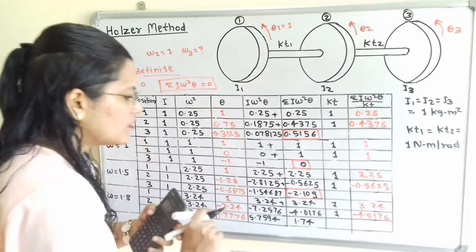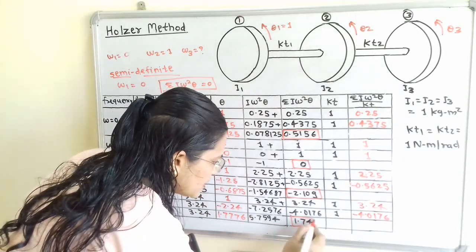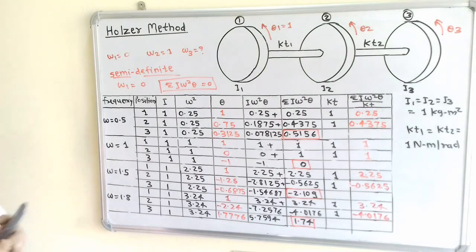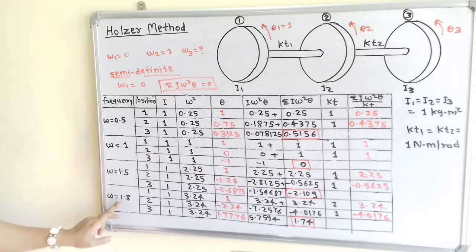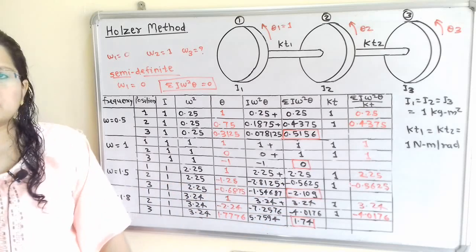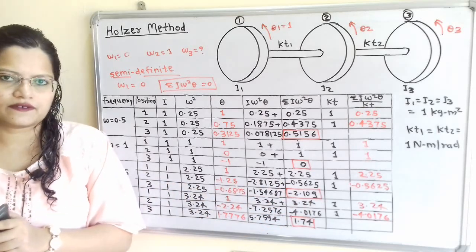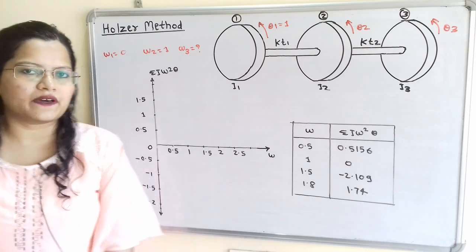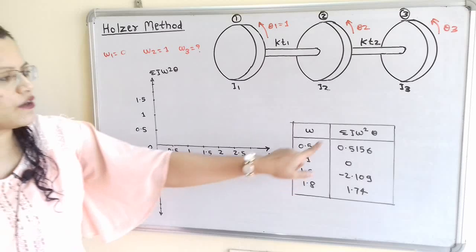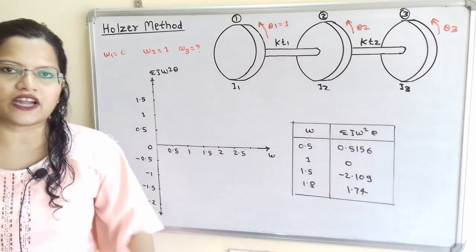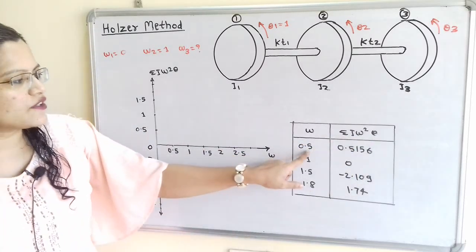Now we have to observe this value. This is a positive value. So if we observe, the omega, that is the natural frequency, is in between 1.5 and 1.8, because for 1.5 there is a negative value and for 1.8 there is a positive value. So we will find out the third natural frequency with the help of a graph. To plot the graph, we will prepare one table. For each value of omega, we will write the calculated value of the summation of I omega square theta for the third position. So for 0.5, it is